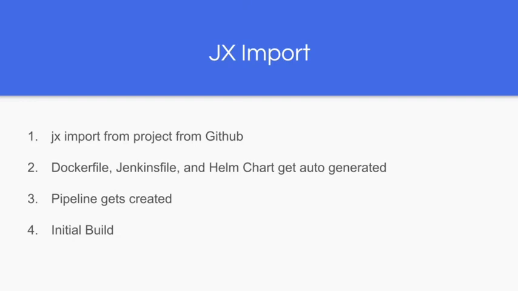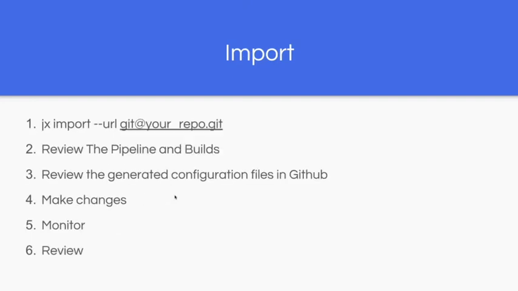But what it also does is it generates the Docker file, it generates the Jenkins file, and it generates a Helm chart. So again, if you had an existing Spring application, Spring MVC or Spring Boot, or even, I think it supports Ruby and some other languages, it would generate these things for you, and it would put your existing application into the CI/CD pipeline just in a matter of minutes. Which is quite powerful. So not only can you create new applications, you can also bring in your existing applications that you're coding into this platform. And then the pipeline will get created and an initial build will get kicked off. So JX import --url, that's the actual command, and then your Git